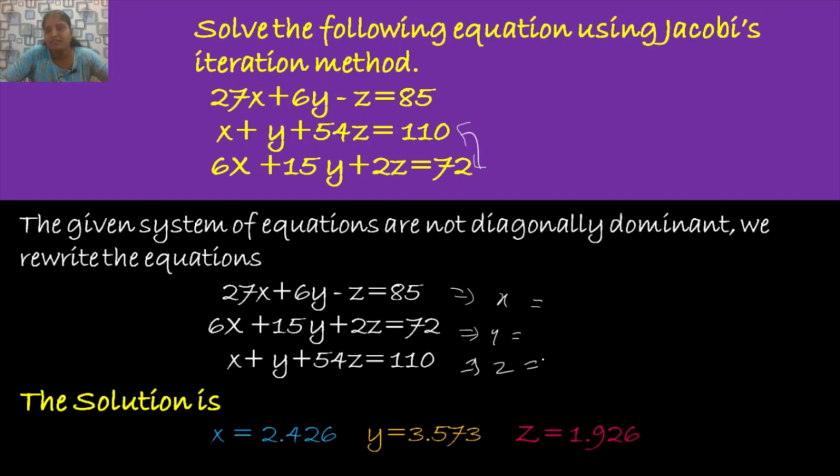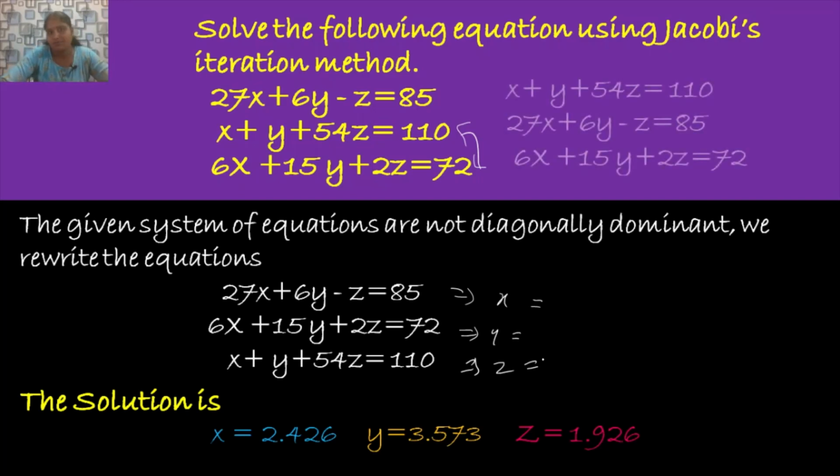So the only difference between the previous problem and this problem is that we have to rearrange the system such that it satisfies the diagonally dominant property. The remaining procedure is the same. Suppose one more case I am going to mention here: the system of equations may not be given like this. The same problem could be asked like this too: x plus y, that is the second equation, in the first position, the first equation in the second position, and no change in the third equation.